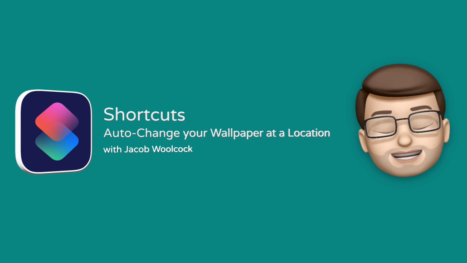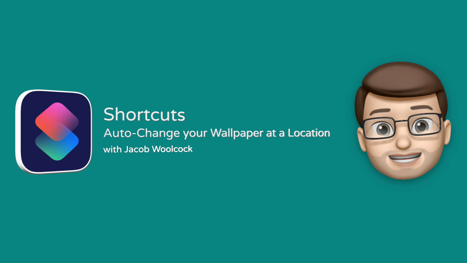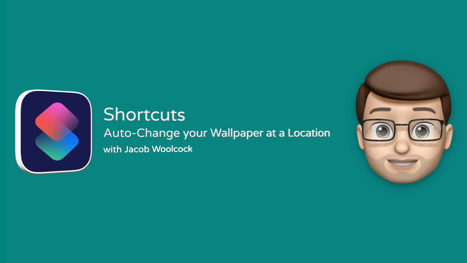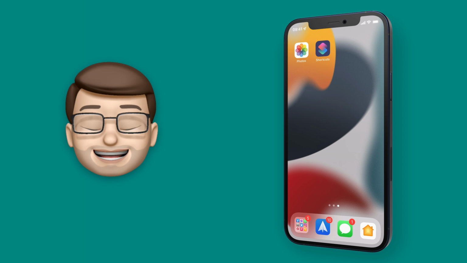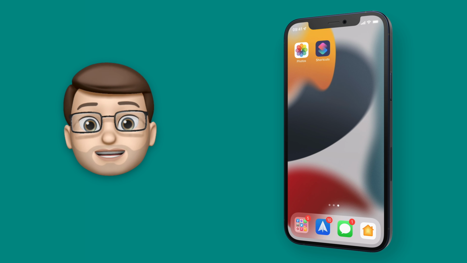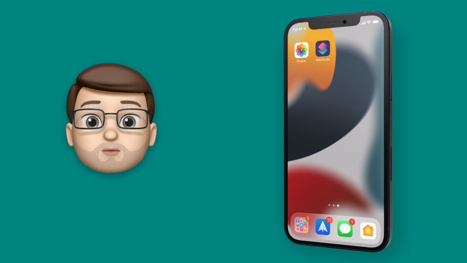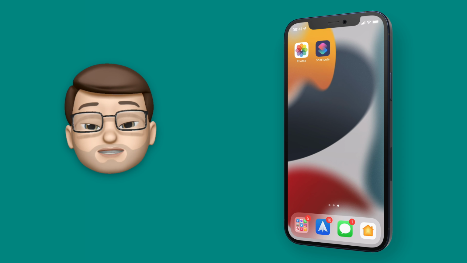Here's a quick guide to setting up your wallpaper to automatically change when you arrive at a new location, for example at home or at work. I'm sure sometimes there are wallpapers that we'd like to have at home that perhaps we don't want our colleagues at work seeing, or vice versa. Well, with this really handy tip using shortcuts, you can customize your wallpapers and when they appear on your iPhone